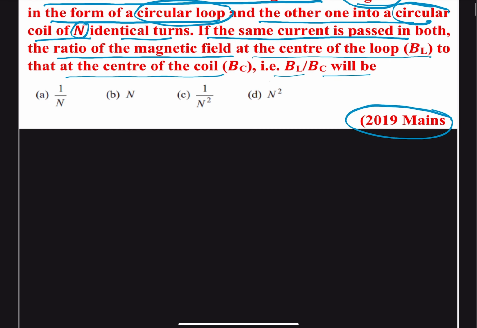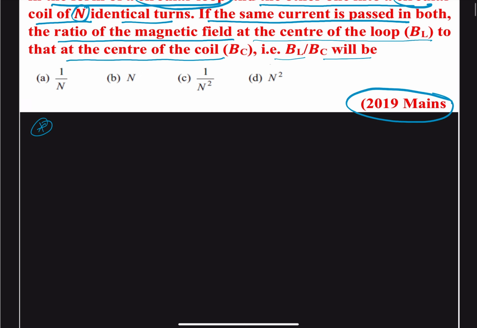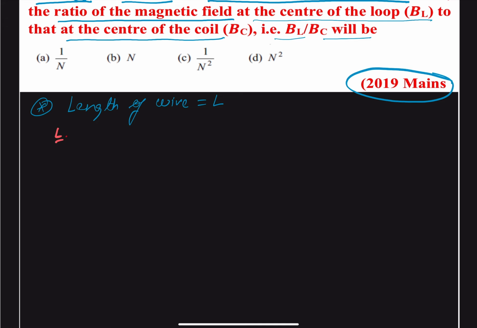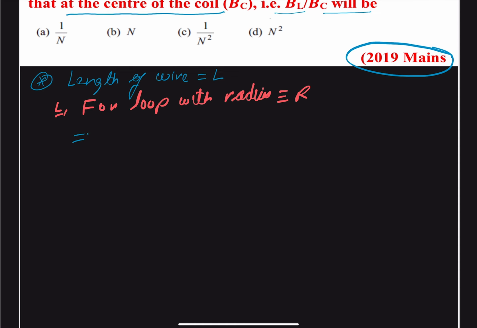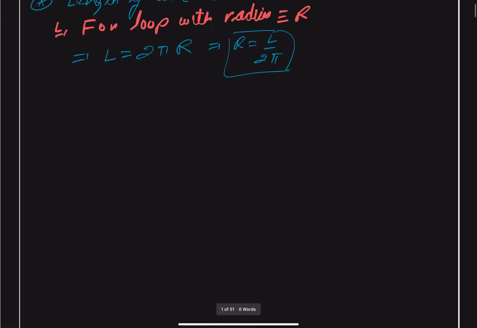So let us start from here only. We say the length of the wire is L. Therefore, for a loop with radius capital R, we can write that our length will be equal to the circumference, that is equal to 2 pi R. So this gives us that our radius will be equal to L upon 2 pi. And for a single loop,